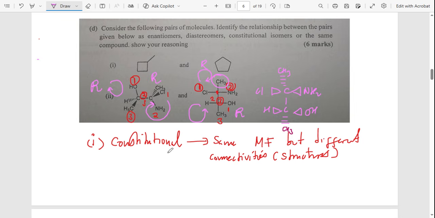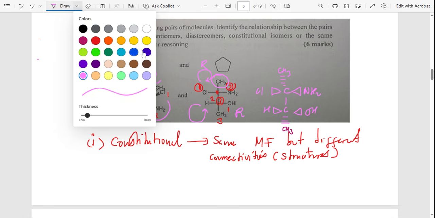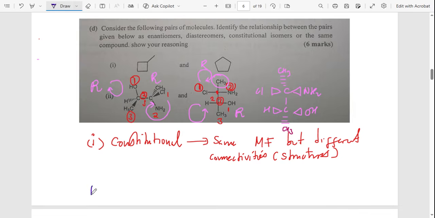So, meaning that for this second compound, you can see both of them have got the same configurations really. So those ones, that's the same compound. It's the same compound. It's just been written in different structures or in different forms. The first one is in what we call a Sawhorse projection. The second one is in a Newman projection. Okay, they have got the same molecular formula, also same